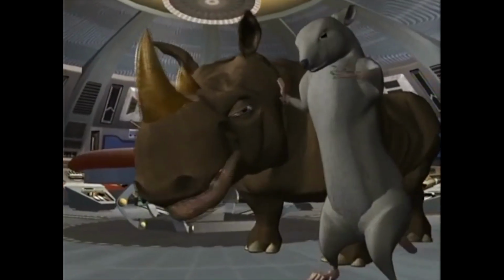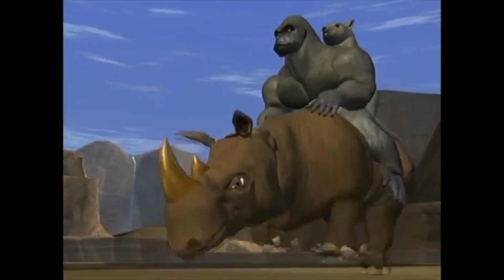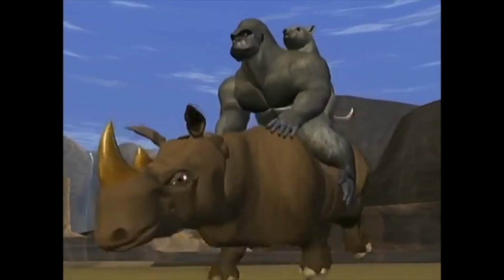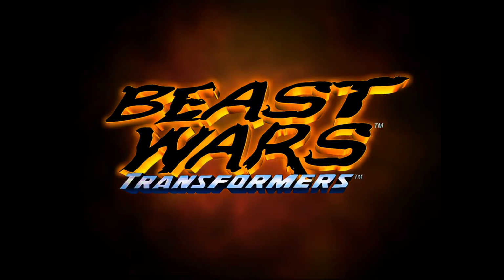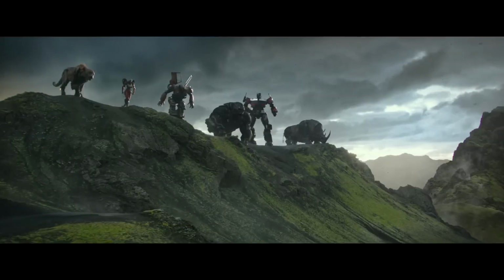The Maximals then send themselves back in time after them, and then both parties remain trapped in the past. They transform themselves into animals to adapt to Earth's environment, and that sets off the Beast Wars series. Essentially, the Maximals and Predacons are future versions of the Autobots and Decepticons, but that's not the only time-traveling enemy